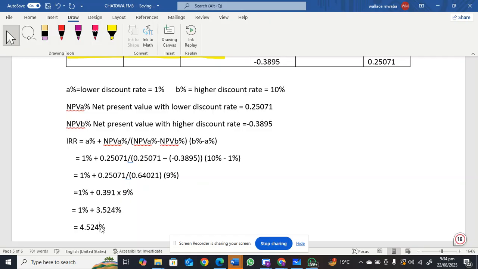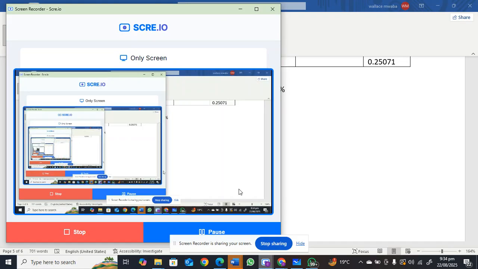And that is your cost of debt, KD. Okay. The same way we are getting the internal rate of return is the same way